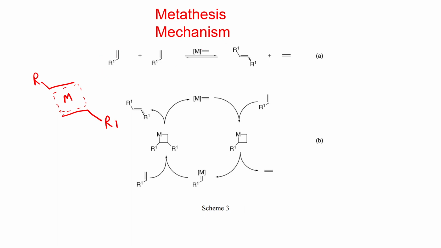So one alkene reacts with the metal, followed by another alkene. Not all three reactants react with each other at a single time. That was proved, and after that, this is the proven, well accepted mechanism now. At first, one of the alkene units would come and react with the metal carbene and form this kind of metallocyclobutane, and then it would go